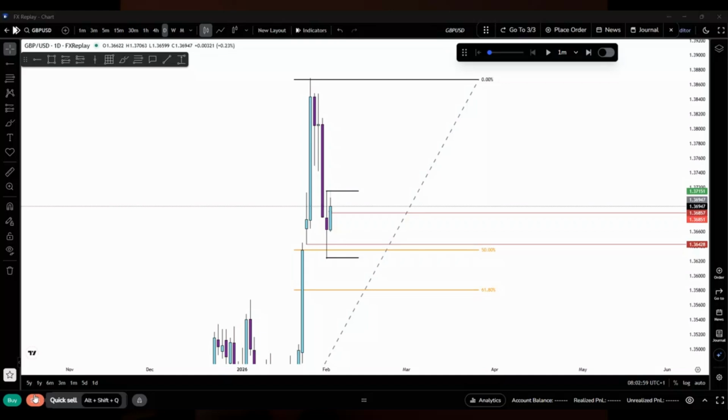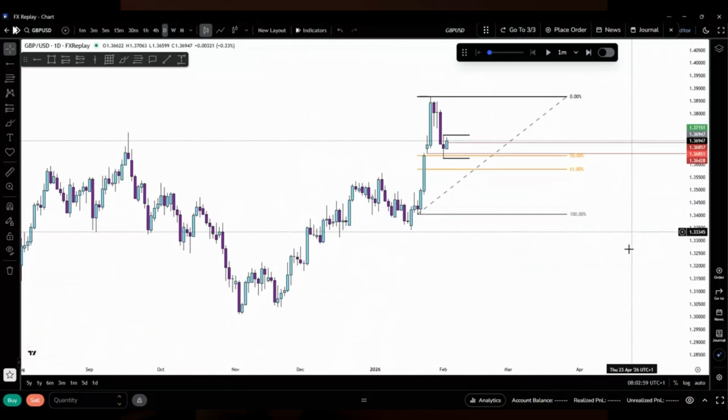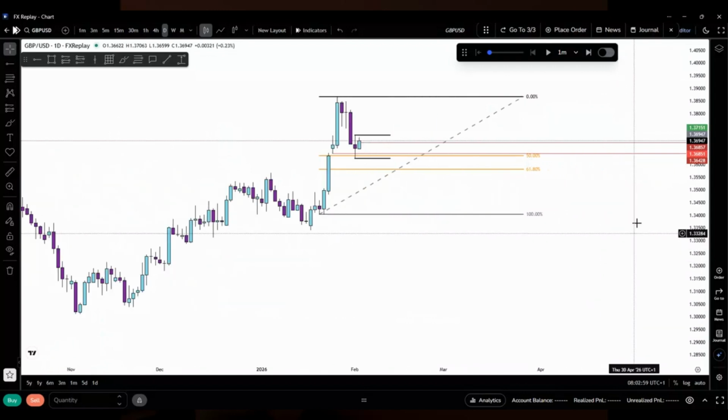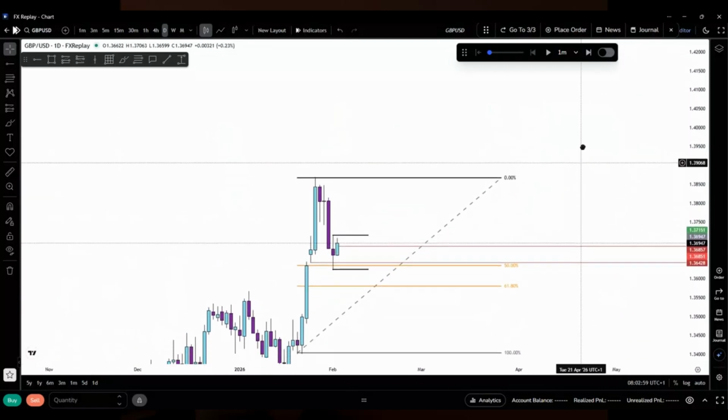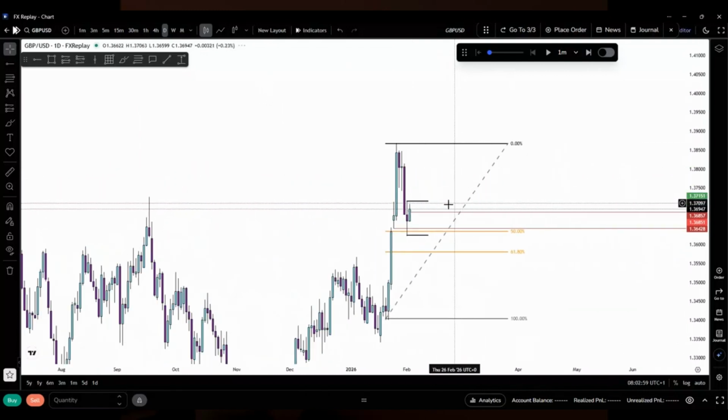Okay, so going to the trade now. Going long in this case. So break it down, nice and easy. We traded up, taking out these equal highs here, and we've now traded back down